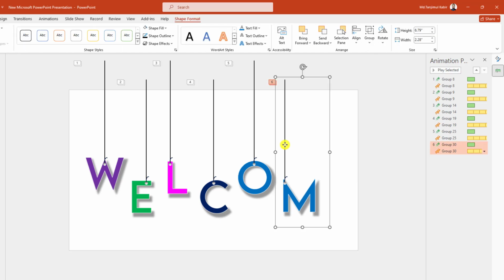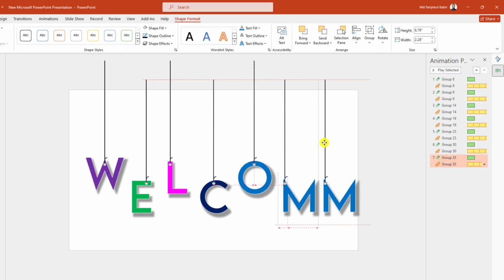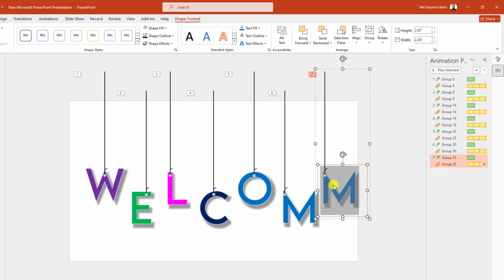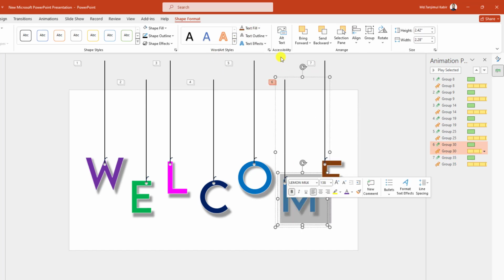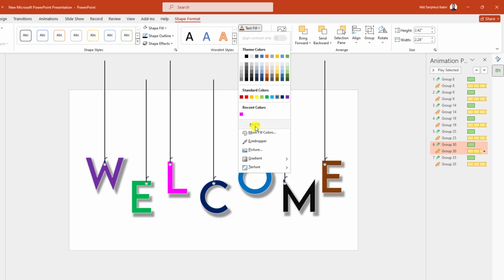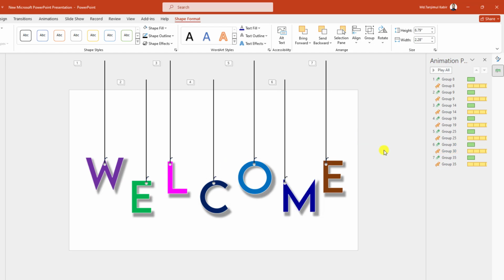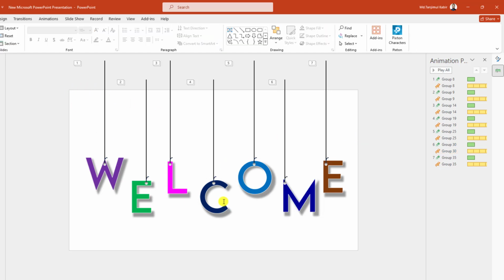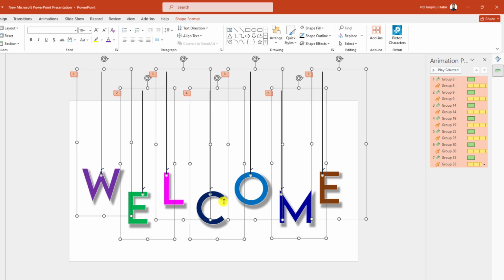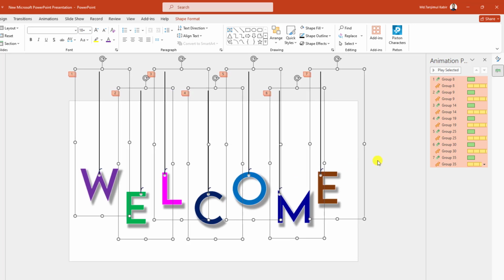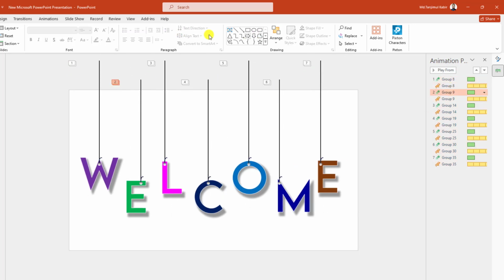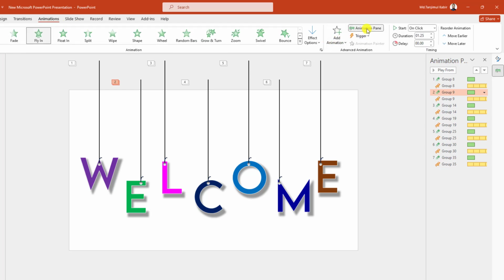Then select it and press Ctrl D to duplicate, keep it over here and write here E and keep the text like this. Let me change the color of the text, select this one, go to text fill, go to more fill color, standard, let me select another fill color. Now press Ctrl A and keep it like this, and here I have to go to the animation and go to the animation pane and select this group,